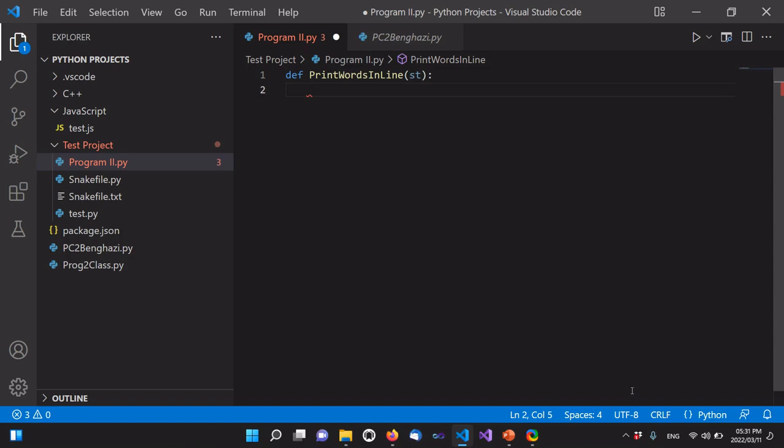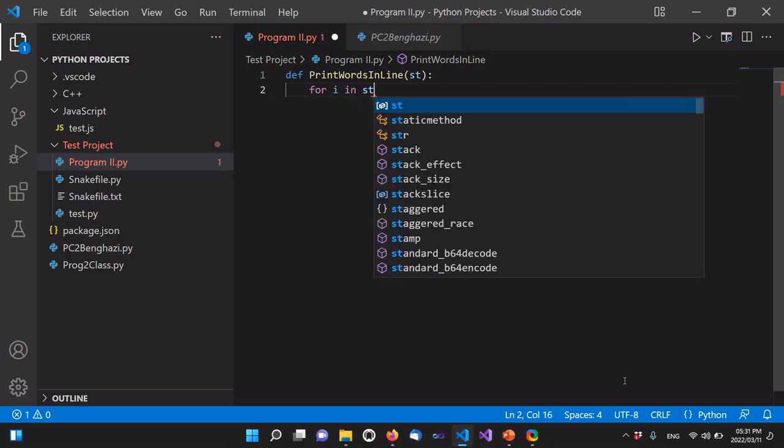I will make a loop from the beginning of the string until the end of the string, and every time I find a space I will print a new line, otherwise I will print each character beside each other. Okay, so here for example I say for i in st directly,